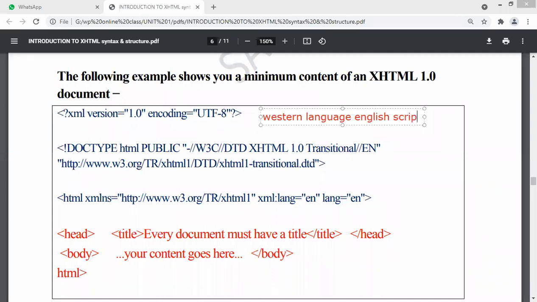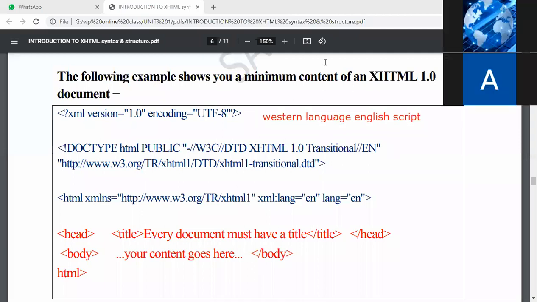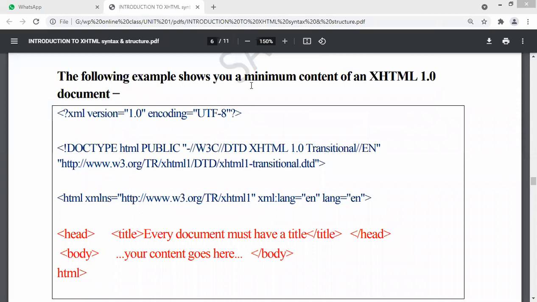Clear to you? So we have Unicode Transformation Format number 8. What is that? That will tell me what version of text I am using. So that is called XML version 1.0 encoding UTF-8. How do you have to write it? Just in this format only. The format is compulsory: less than question mark xml version equals 1.0, encoding equals UTF-8. What is that, guys? That is the first header. This is the first header for the XHTML file.